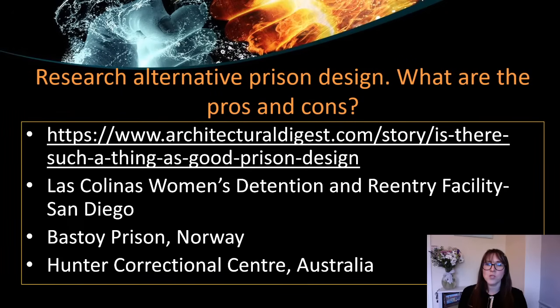And so I get students to research alternative prison designs. There are some very, very interesting prison designs, certainly in places like Norway. Their prisons are very different and their rehabilitation and crime recidivism rates are far better than ours. But have a look at their prisons. Have a look, for example, at prisons in Texas. They're extreme, the prisons in Texas. They are your chain gangs, etc., all in orange. So have a look at the different facilities and compare. What's good or bad about them? What could we learn from them, etc., in our country? Fascinating.